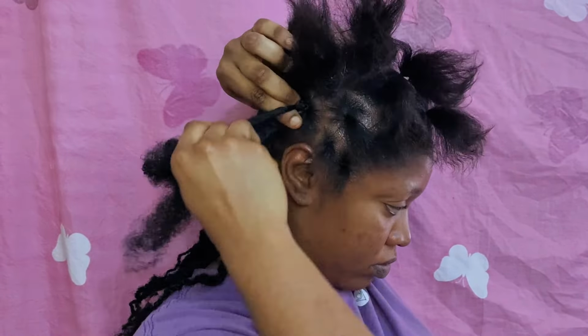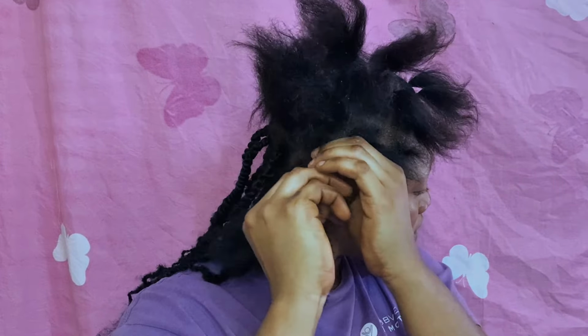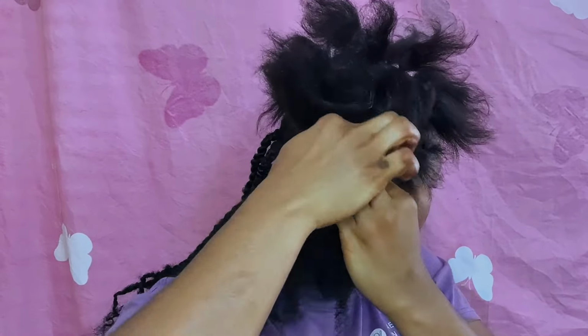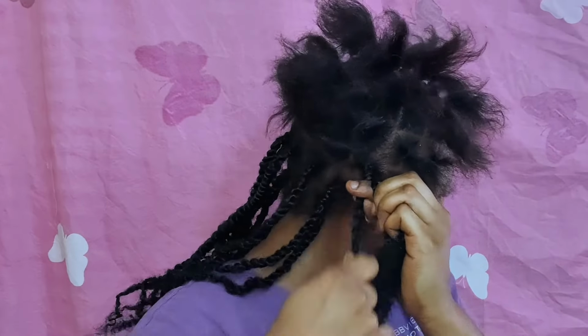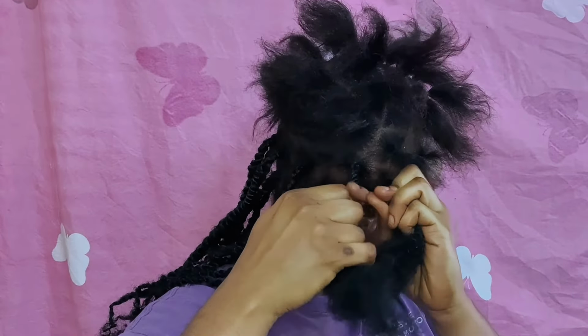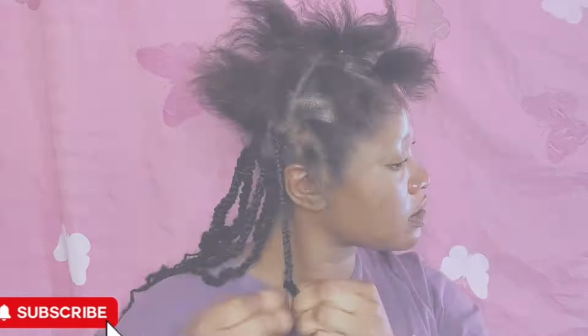Okay, you're just going to be twisting, and you enjoy the process of twisting. You feel the lightness of the kinky, you enjoy the process, and it's just really effortless. Let me know if you've ever tried twisting on yourself before, because this is my first time and I enjoy the process. So I'm just going to twist it all the way down, and for the tip, make sure you coil it. Okay,